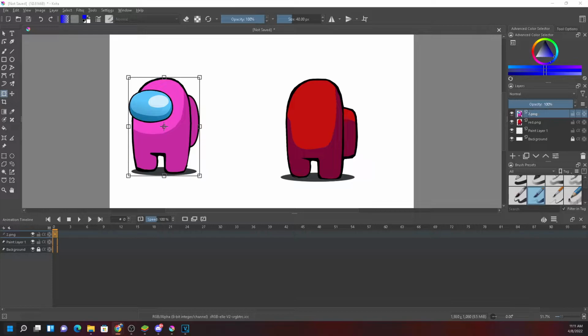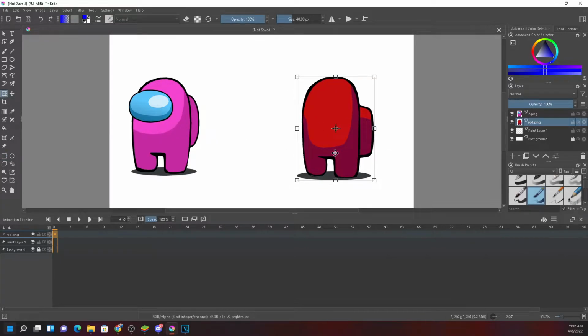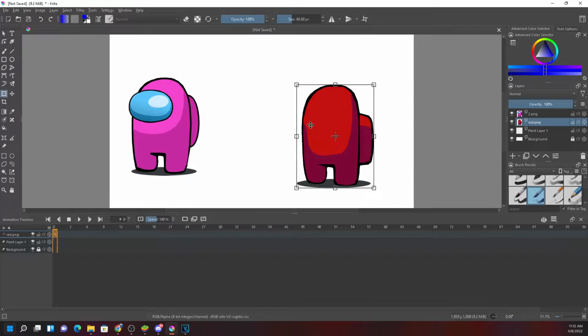So now I'm gonna show how this red character will swallow this one. So I will tell you how it will. It opens his mouth and takes out his tongue, and captures this Among Us character with the tongue and pulls it inside his mouth. That's what I'm gonna do right now.